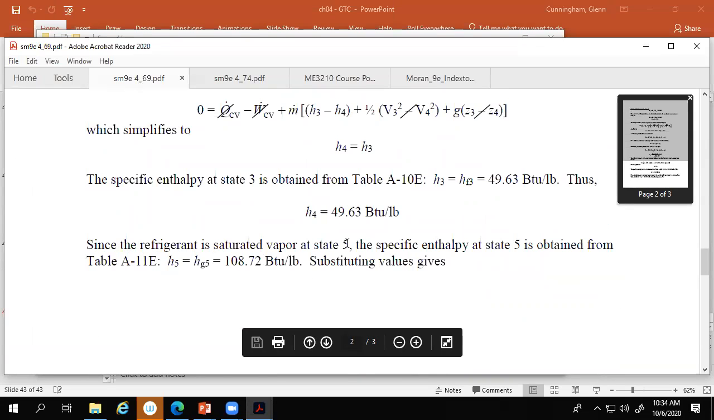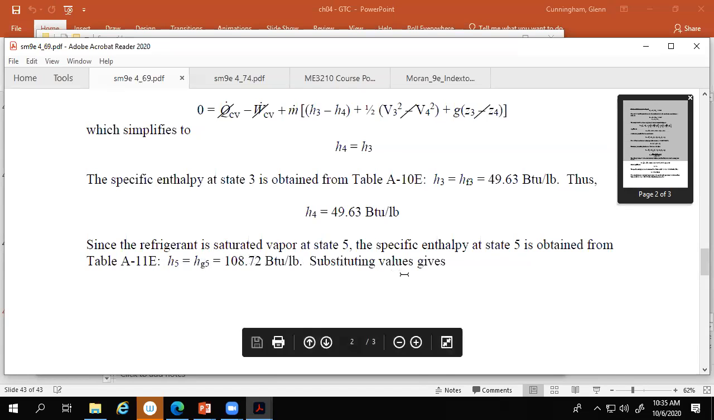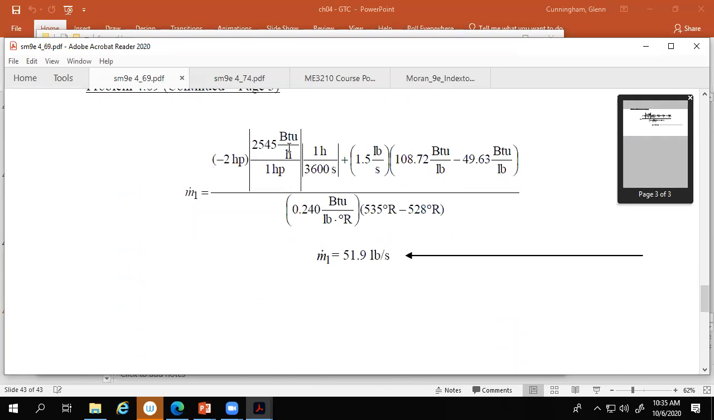Refrigerant is saturated vapor at 5. State 5 is obtained by H5, so you know the pressure. And so it's saturated vapor at 5, so it's 108.72. Substitute in. Get all your units right. See, we got a horsepower term over here, so we got the 2545 to get rid of the horsepower and give me BTUs per hour. And then we're going to seconds, so then I got to divide by 3,600 seconds per hour to get the hours out of there. There's my mass flow rate, pounds per second, BTUs per pound, 0.24 for specific heat, and